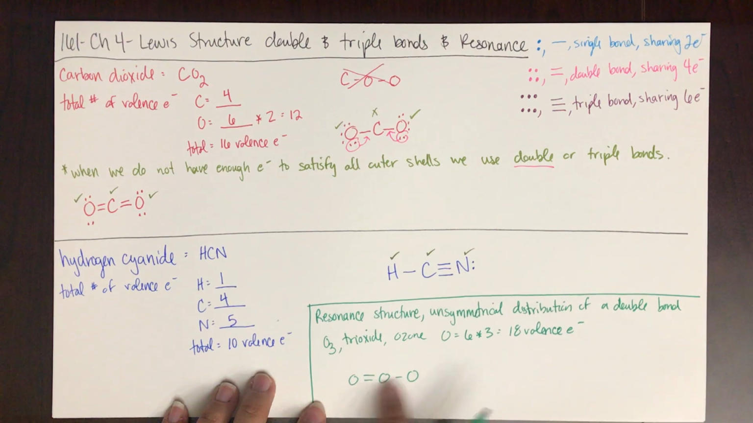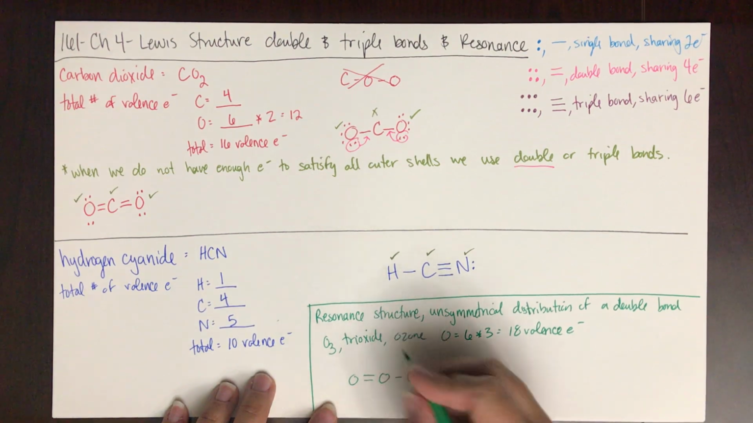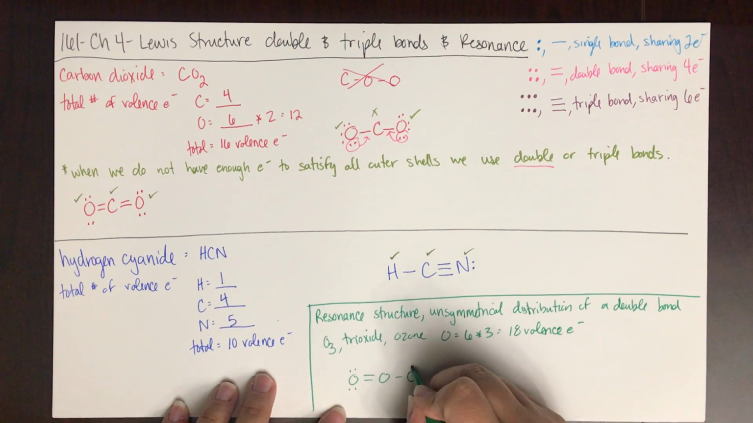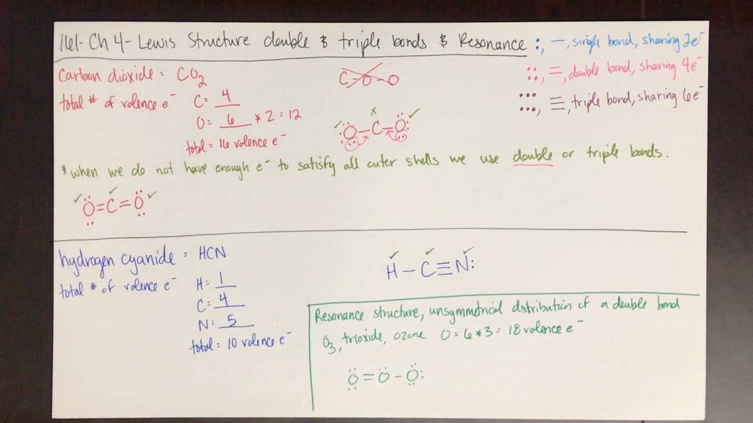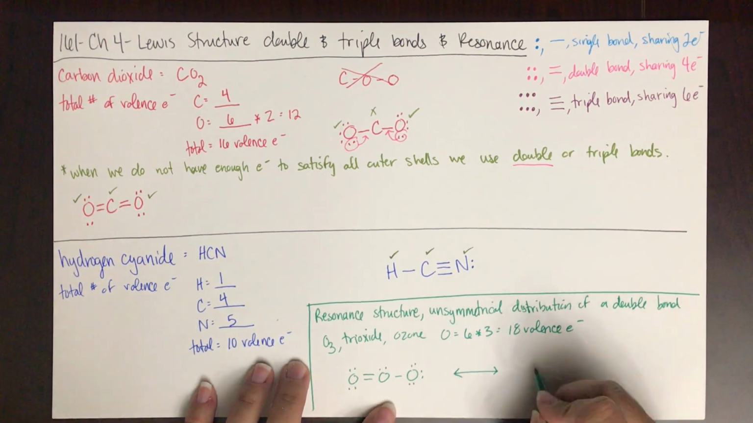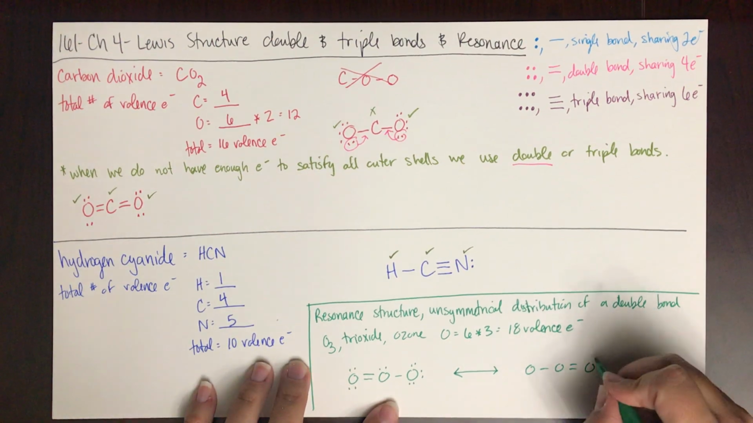So you see this is asymmetrical. There is a double bond on this side and a single bond on this side. So I've used 2, 4, 6, 8, 10, 12, 14, 16, 18. This is the structure for ozone. What is true is that this is also the Lewis structure